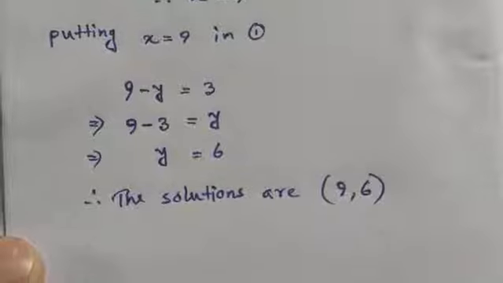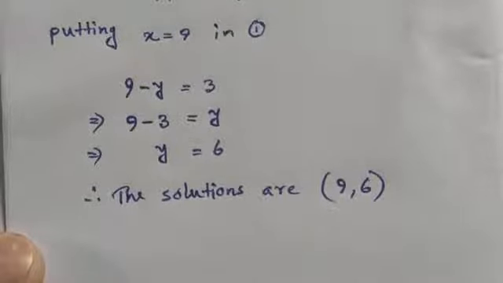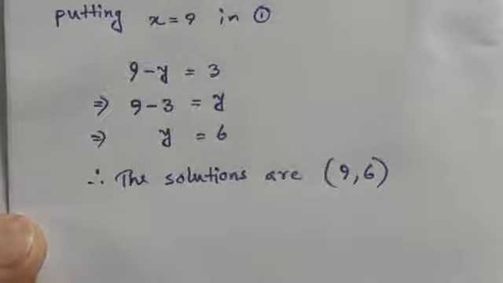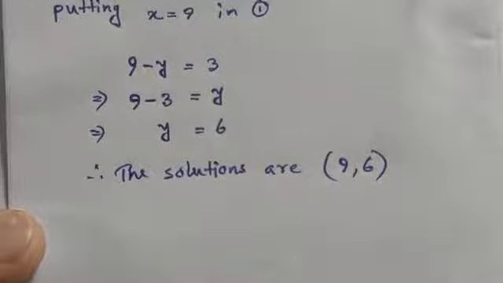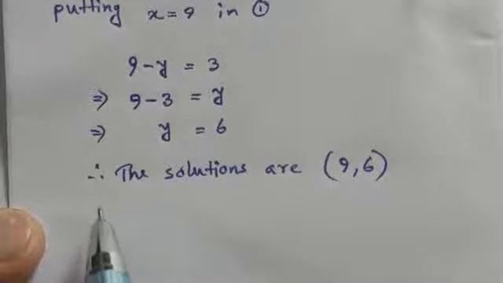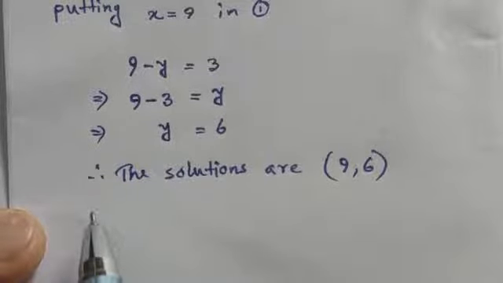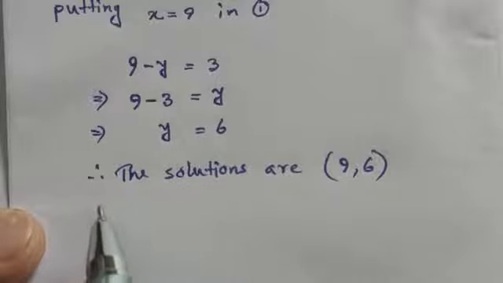It's very simple, my dear students. You take any one of the given equations. Which were the given equations? The first equation was x minus y is equal to 3, and the second equation was x by 3 plus y by 2 is equal to 6, isn't it? So if you substitute the value of x and y in the left hand side of the equation and solve it, then you must get the right hand side of the equation.